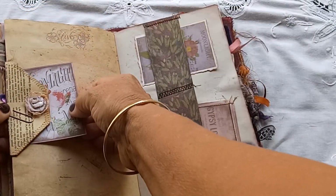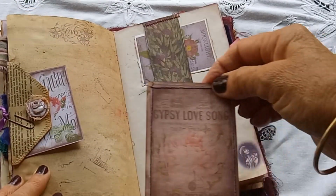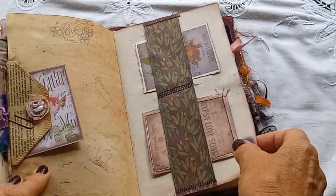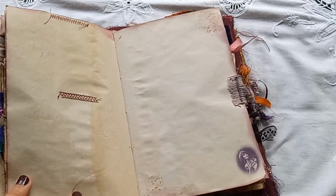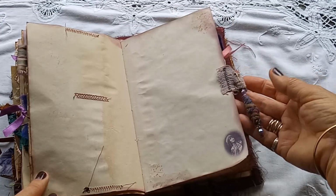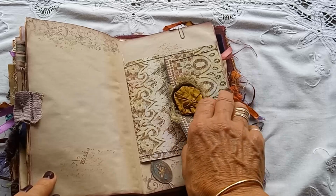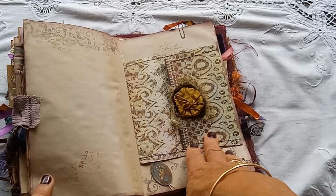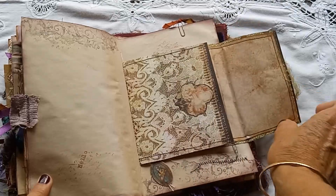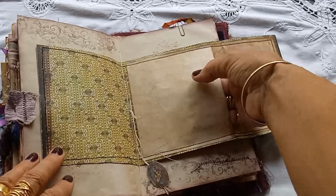And this is a little envelope here, a dictionary page envelope. I like the texture of the sewing on the pages. This is a boho bead here that I've made. And this is an envelope. Now this is an idea I came up with. I don't know if it's been done before, it probably has, but it just came to me to actually make an envelope with a pocket in there